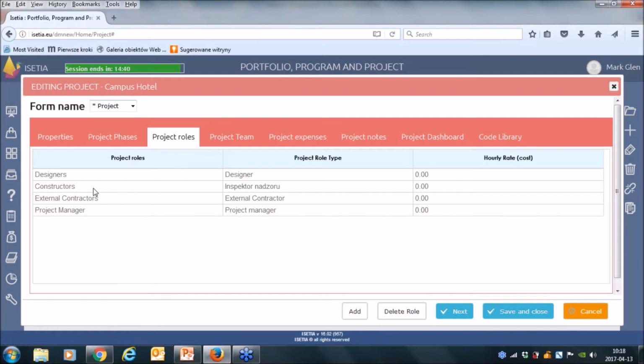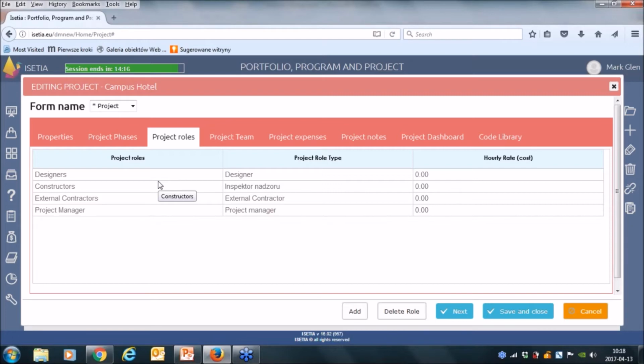So we have designers, constructors, external contractors, project manager. You can put any number of roles as is desired for your project. These project roles are very important because of imposing some privileges, access to data, and operations.